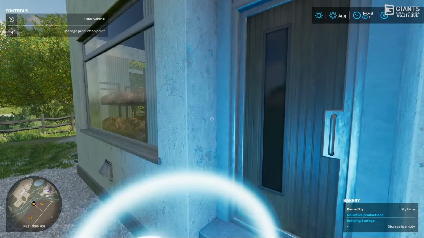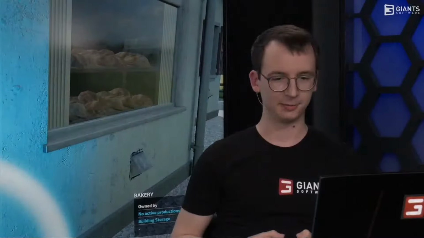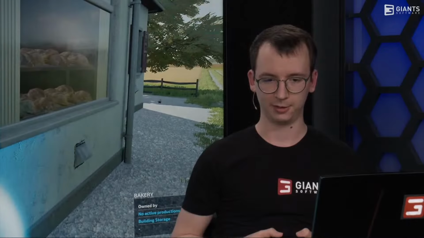You can access it via these triggers, or also in the in-game menu, so you don't have to actually walk there to manage it, but you can just open the menu. So if you're there, you can just walk up to it, directly trigger the menu to pop up. I think it's a nice touch to have some physical triggers to have a little bit of interaction with the game world directly. And yeah, it's not just all in a menu. So we are here now, and as you can see, our storage in the bottom right